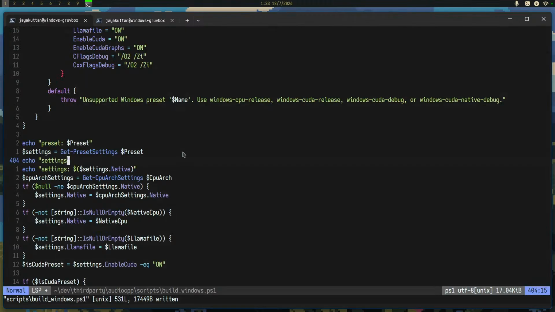So this exists. However, the native attribute is accessed. For some reason, it just doesn't work. I guess there is.